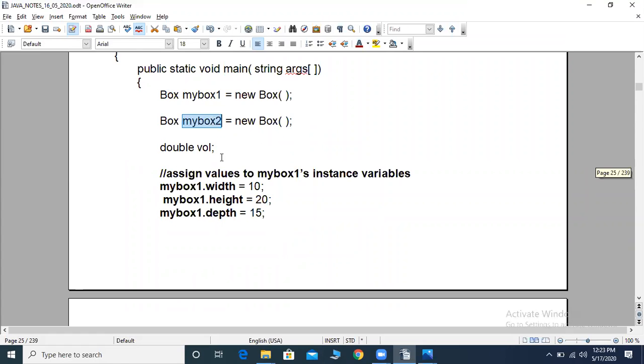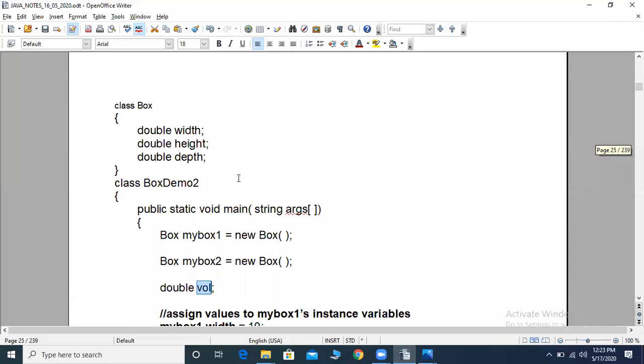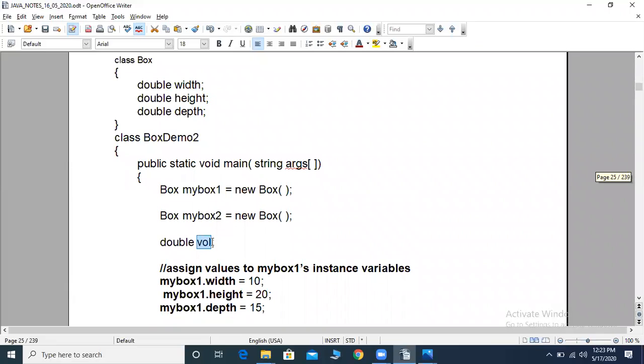Then you just observe this variable vol, which indicates volume. I have declared this within the main method and it is not present inside the class. So for this variable there will be only one copy. For example, if the volume contains 10 and you store 20, that 10 will be replaced; the old value 10 will go. And next time if you store 30, the old value 20 will go. In that way you have to understand.